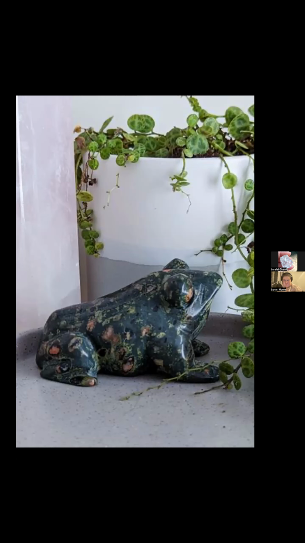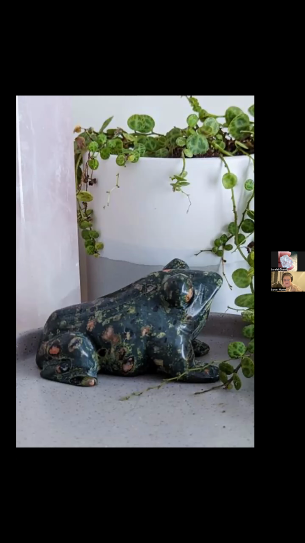Anyway, moving on. There's also zebra jasper. I feel like the white on that one could be like a Chalcedony because it's kind of milky. You know what I mean? I'm not entirely sure.